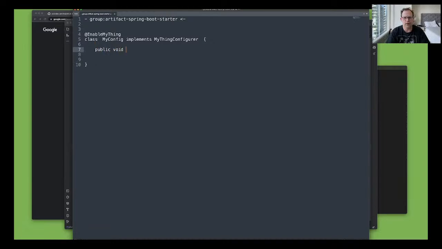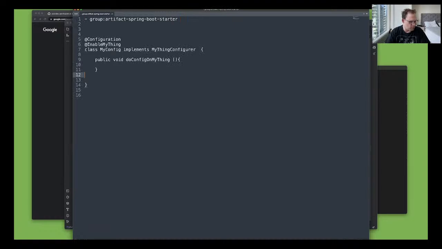So public void do config on my thing, and I'm using generalities here, but basically having @Configuration with @Enable something is saying to Spring Boot it's a cue to the runtime that you intend to override the defaults that you would have gotten had you just left the starter on the classpath. Okay, and that's been true for most projects. The problem is with Spring Batch, it was the opposite, right? It's just a legacy of the fact that Spring Batch, again, the great Dr. Syer,